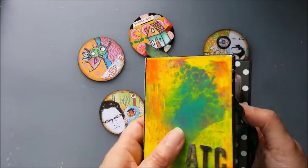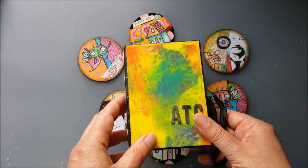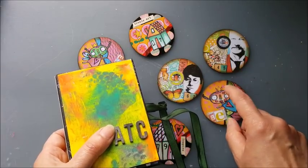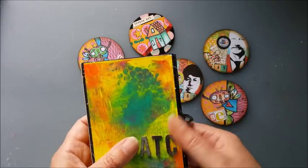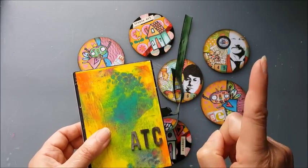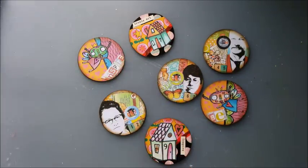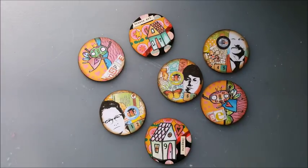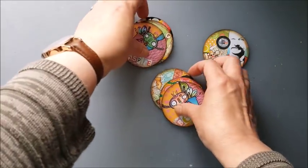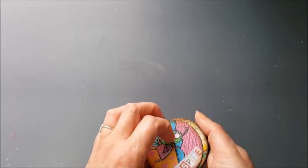So I thought I'm going to make something that combines elements from both of these two projects and hopefully come up with something that is a good practical solution for storing some of your favourite artist trading coins. Again, this little ATC book, I'll pop the link to that video up there if you want to take a look at that. And in the meantime, we'll get on with today's project, which, as I say, hopefully will solve some of the problems that both of those projects would have